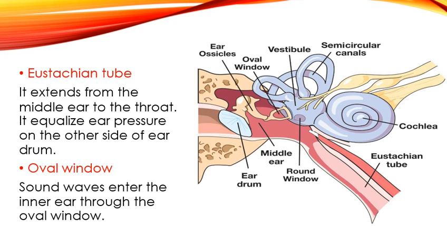Eustachian tube. A tube extends from the middle ear to the throat, and it is the Eustachian tube. Its basic function is actually to equalize air pressure on either side of the eardrum. The increase or decrease in air pressure on either side of the eardrum can cause damage to it. So this Eustachian tube has a function of equalizing the air pressure so that the eardrum is not